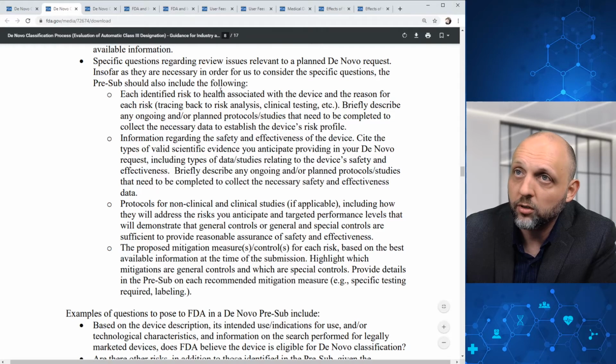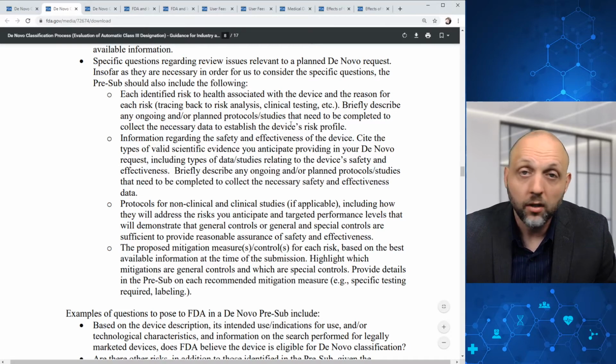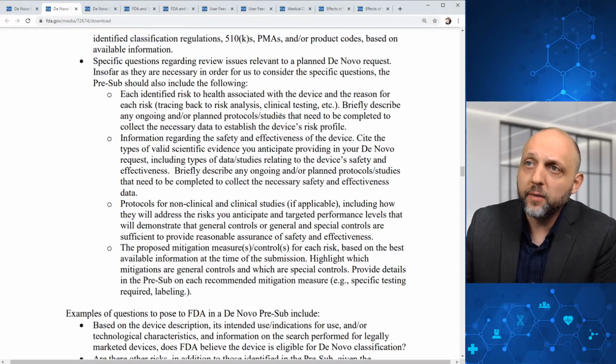The pre-sub should also include the following: each identified risk to health, briefly identify ongoing or planned protocols and studies that need to be completed to collect the necessary data to establish the device's risk profile, information regarding the safety and effectiveness of the device, cite the types of valid scientific evidence you anticipate providing in your de novo request, including types of data, studies relating to the device's safety and effectiveness, briefly describe any ongoing or planned protocols or studies that need to be completed,